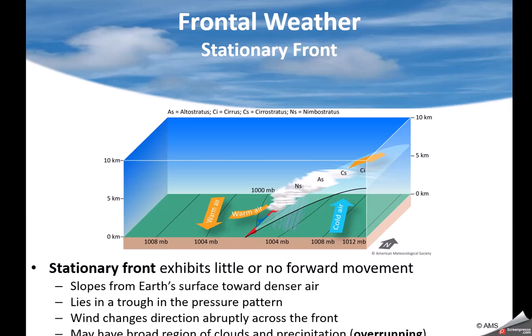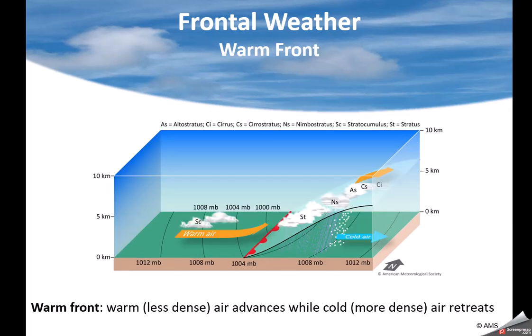cold air is denser. So it's going to cause the warm air to go up and over it. So when the front is stationary, the air is going to be rising up from the warm side and going to pull any moisture that might be there, begin to lift there. And that's where the precipitation will occur. Warm front: the only reason it's called a warm front is that warm air is advancing. In other words, the cold air is retreating and warm air is advancing.